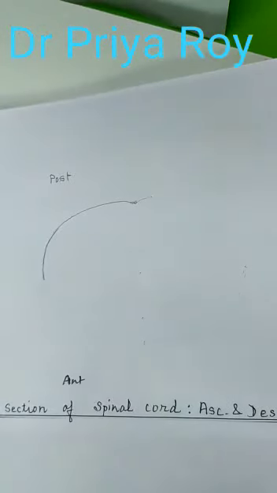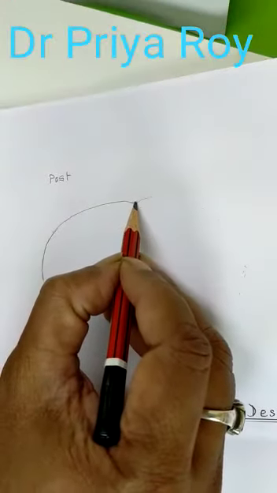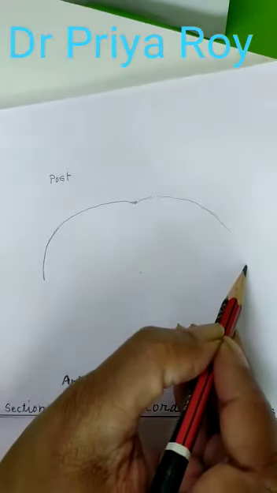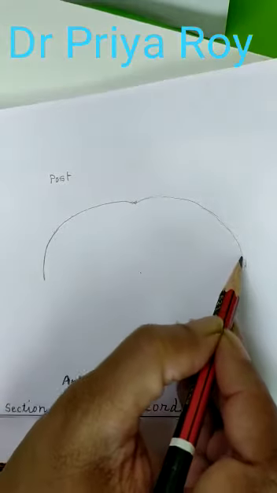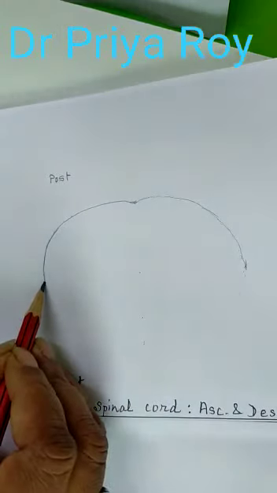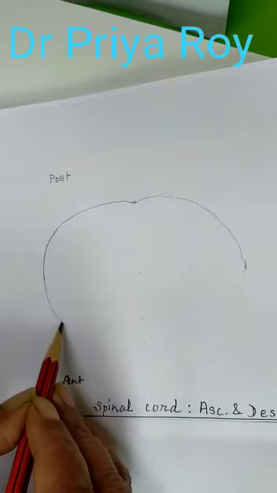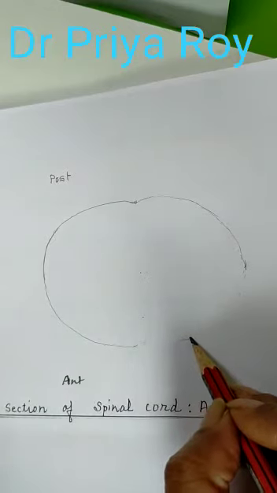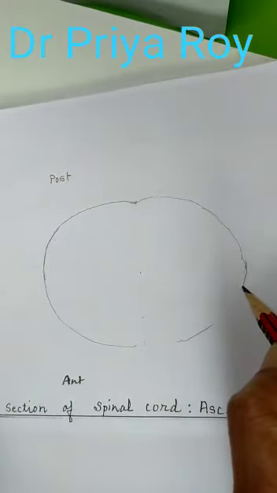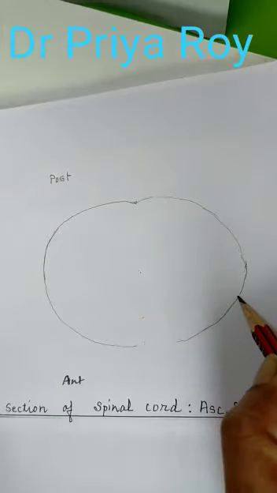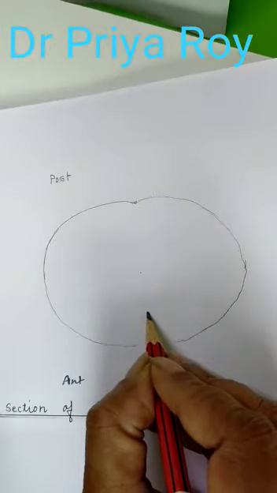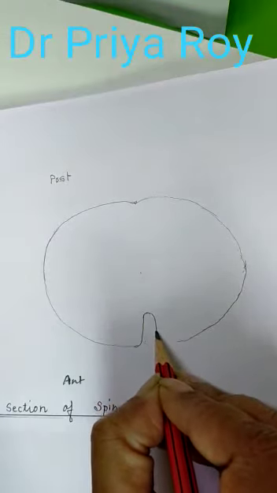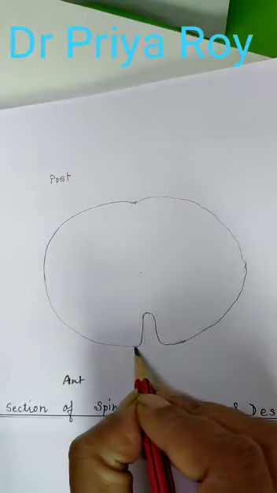And now I will draw this side line also. Initially you can use a pencil, so that after that you can color it. After that you join the lower line also, but anteriorly you have seen that it is the anterior median fissure. That's why I put a point at 5. So put it like this. So it has become the anterior median fissure.